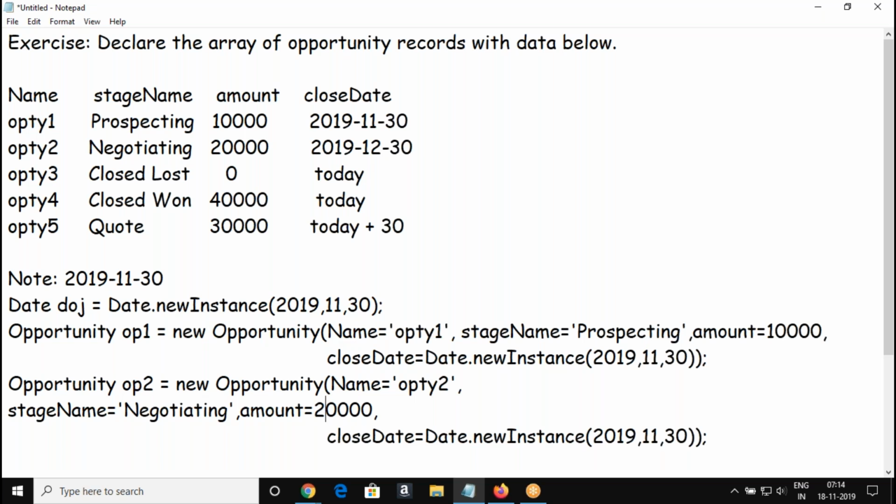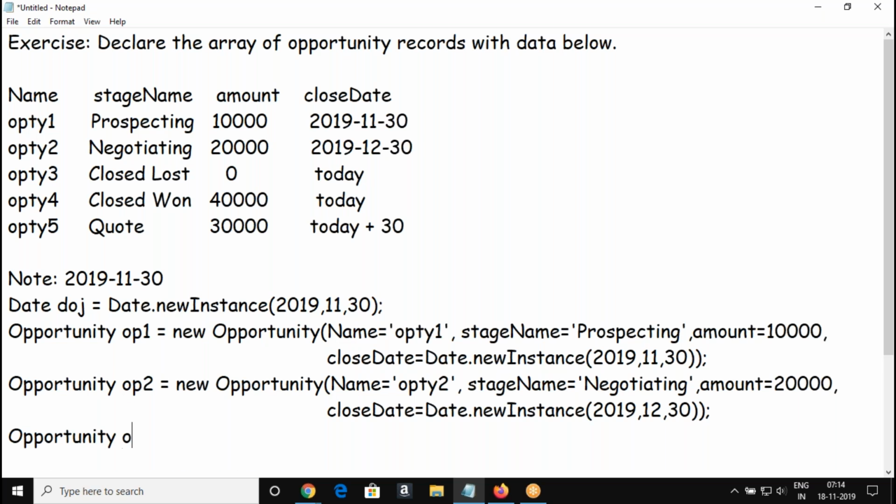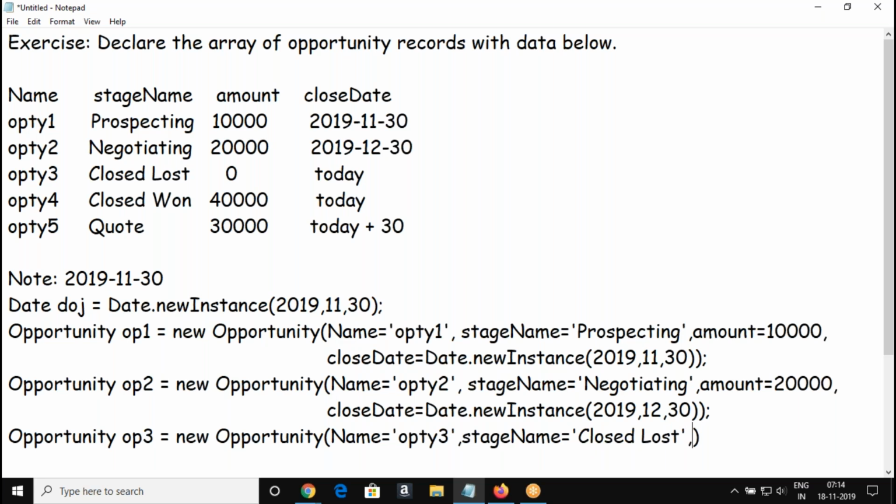Okay. Close date. We are going to give the current date, right?